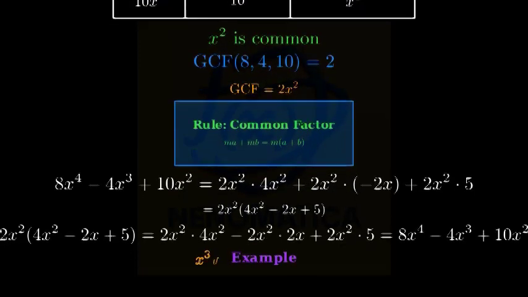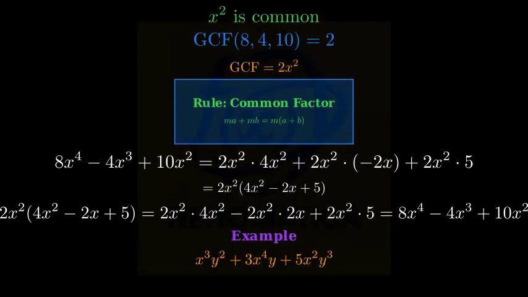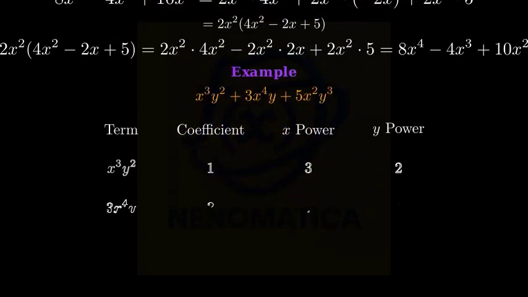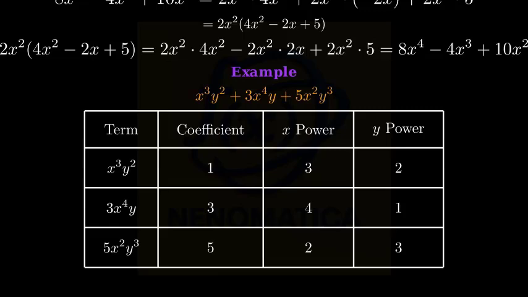We need to factor the expression x cubed y squared plus 3x to the fourth power y plus 5x squared y cubed. Let's analyze the terms to find the greatest common factor. For the first term, x cubed y squared, we have x with exponent 3 and y with exponent 2. For the second term, 3x to the fourth power y, we have a coefficient of 3, x with exponent 4, and y with exponent 1. For the third term, 5x squared y cubed, we have a coefficient of 5, x with exponent 2, and y